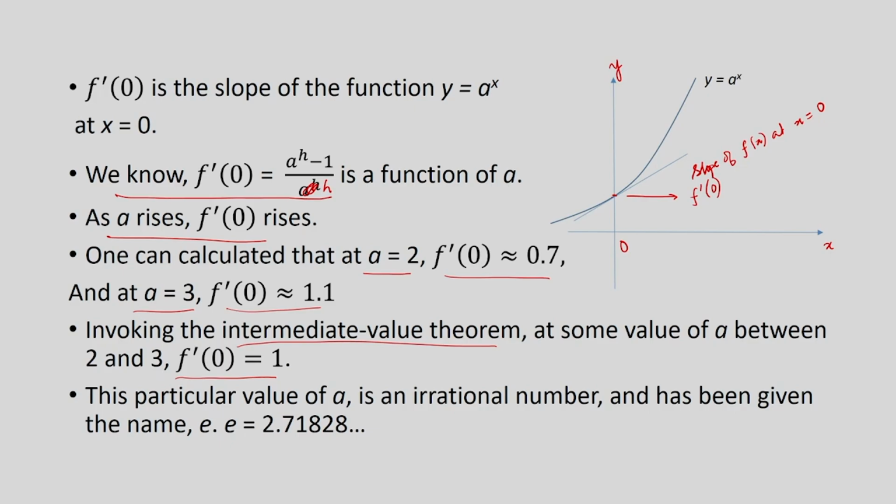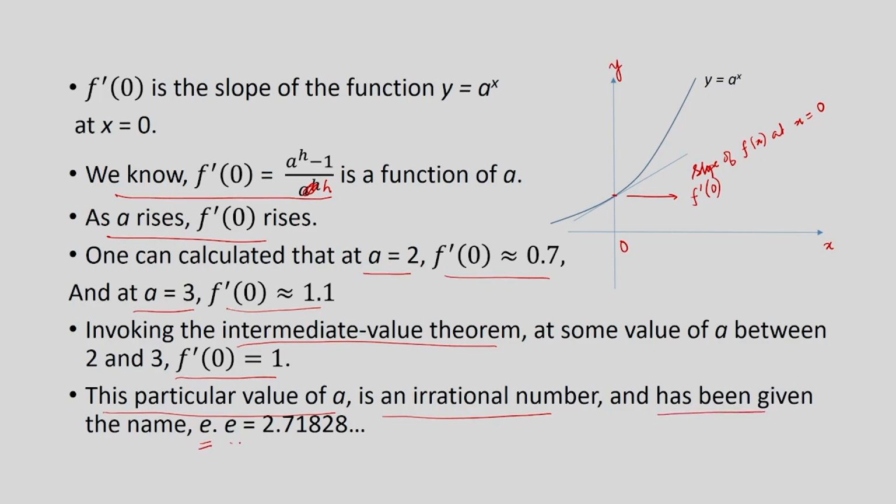equal to 1, because at 2 f dash of 0 is equal to 0.7, and at 3 it is very close to 1.1. So, therefore, there will be some value between 2 and 3, maybe very close to 3 rather than 2. At that point, f dash of 0 will be equal to 1. And this particular value of a is important. It is an irrational number, and it has been given the name e,